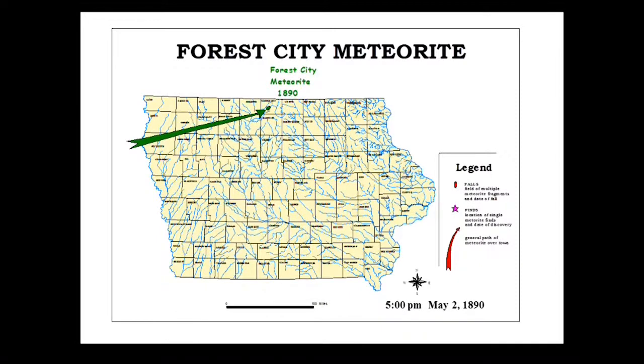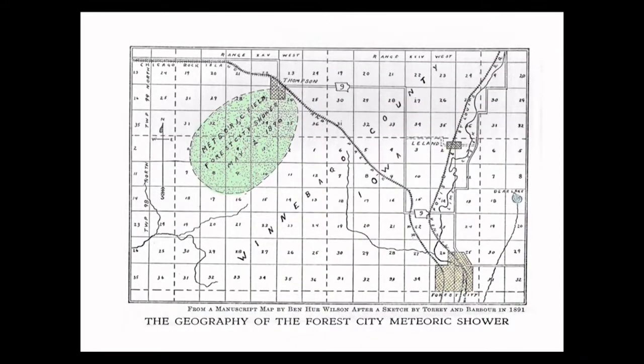Finally, the Forest City meteorite was seen flying over in 1890, observed in a lot of different places around the state, including Grinnell, where there was a baseball game going on at the time, supposedly. They could see that vapor trail coming from horizon to horizon, and everybody in the baseball game stopped and stared at it. So that's one of the stories that's told about it anyway. All of these meteorites have great stories. Here's the Forest City strewn field, a more or less circular thing. One of the biggest meteorite pieces that was recovered was again something of interest to the Minnesota